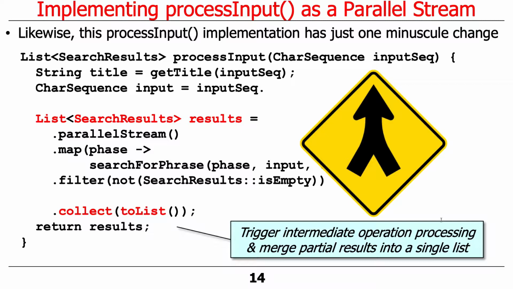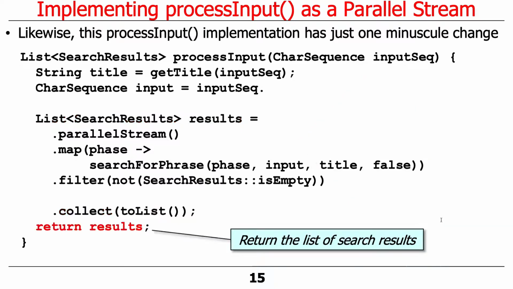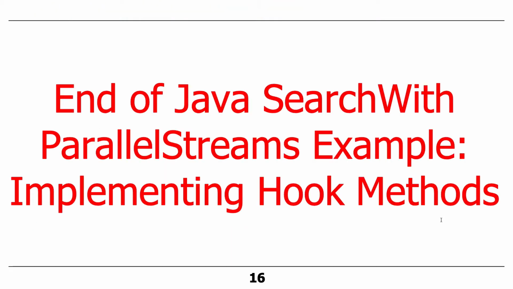As before, collect triggers intermediate operation processing. We merge the results together into a single list. No big surprise there. And we return the list of search results. So a lot of this stuff looks the same. The structure of the code is almost identical with parallelStream and stream replaced. But the actual behavior under the hood is wildly different when we do parallel streams. And you have to be aware of that. Otherwise, you can get situations where you don't actually get a win by using parallel streams at all. And we'll talk about that too. OK, so that wraps up the implementation